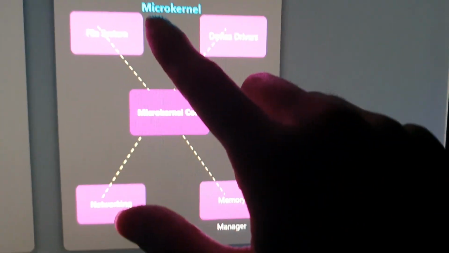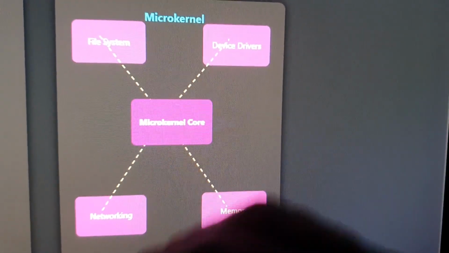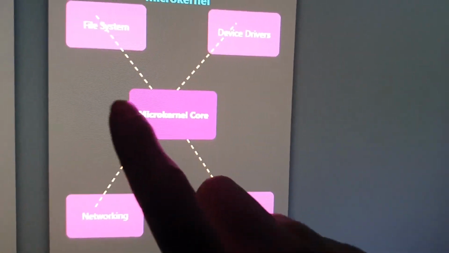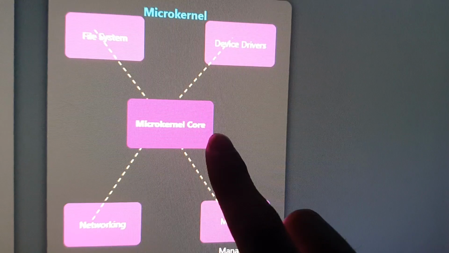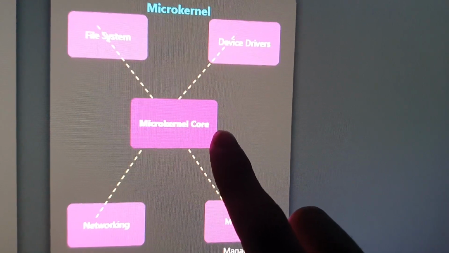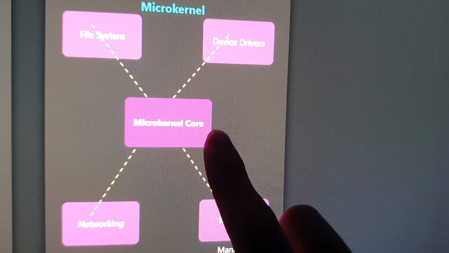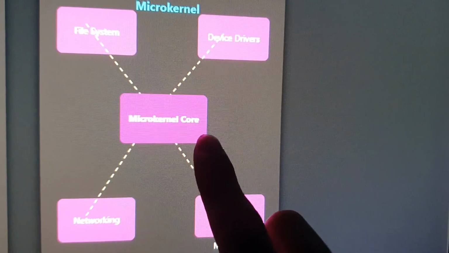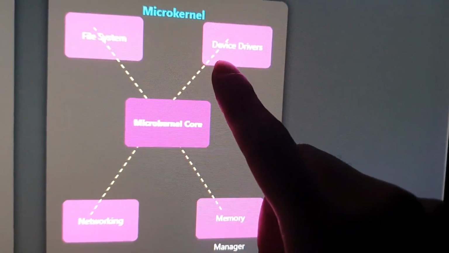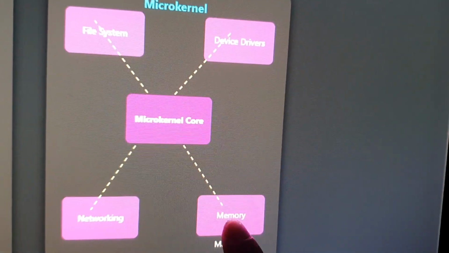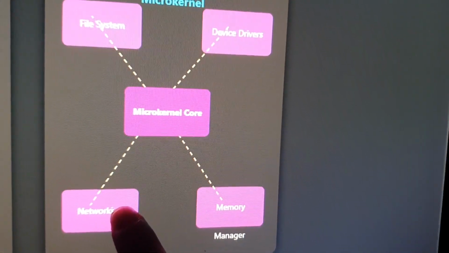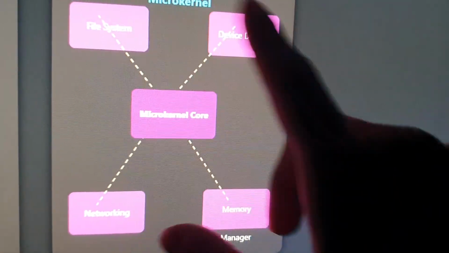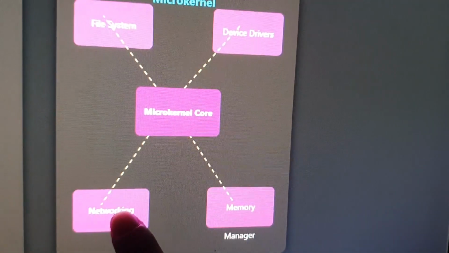So in the microkernel, as the name suggests, again, micro, the kernel will be the bare minimum it needs to be. It's a microkernel core. Just the very bare minimum that the kernel must have will be in the kernel. For example, inter-process communication will be here, and things like this. But for example, file system, device driver, networking, memory, all of this will be in the user mode as different processes. Again, there is a little bit of overhead because you need to create those processes in the user mode,